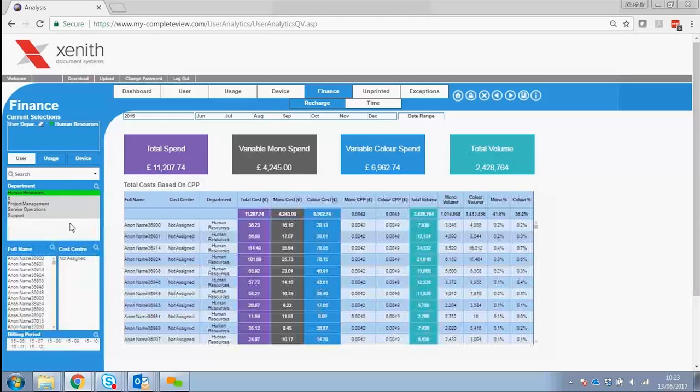And so here we're looking at the finance tab. We can select a department, and we can select a billing period. And then it dynamically updates to show us all of the users within that department, all of the printing that they've done within that billing period, and it shows the cost of all of those users, with a complete breakdown and a summary of all the users printing in that department